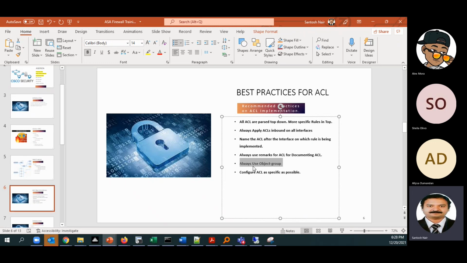And the last one is we have to always use a specific access list. If somebody is asking for access from a source to a destination, we have to check with them: what is the port that they require? What is the purpose of it? Because we have to be more specific when we are implementing the access. You are responsible for this firewall. You are responsible for the security of this network. So whenever you are implementing any access, you have to be as specific as possible. Security is the utmost concern.